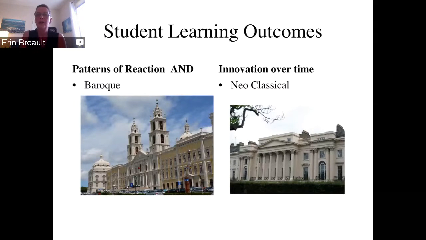Thank you. So while they're considering this question, this goes right to the heart of what they've learned from this unit. So in terms of patterns of reaction and innovation over time, you see two images here. One is of a Baroque structure, another is of a neoclassical. So the kind of things that they've discovered would include that